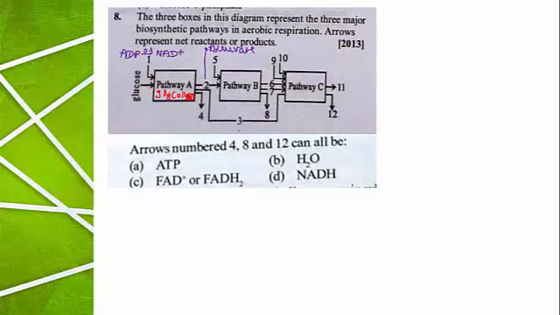In pathway B, pyruvate enters, which means this becomes the Krebs cycle. Then what is this fifth arrow? Again the fifth arrow is ADP, or it may be NAD plus or FAD plus, because ADP is converted into ATP, NAD plus into NADH, and FAD into FADH2 in the Krebs cycle. So what comes out here represents the ATP molecule.